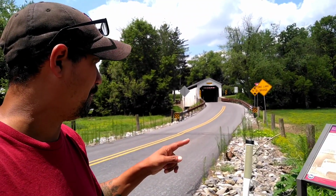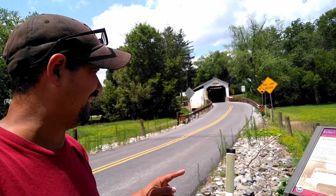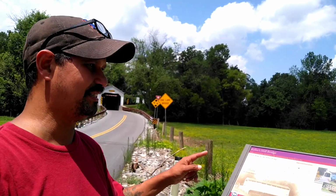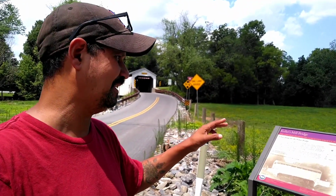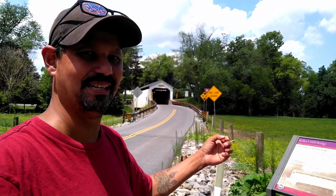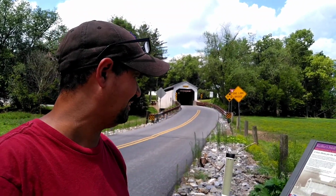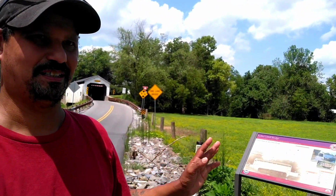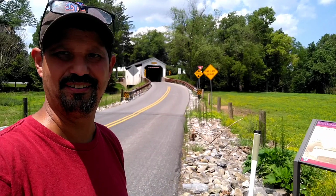Apparently, back in, when was it? 1873, I had to go by the board, sorry, I cheated a little bit. The original bridge was destroyed by flooding, and then the same gentleman, Elias McMillan, rebuilt this bridge, this current bridge, in 1891. I know I should have been a little bit more prepared before I went on air, but